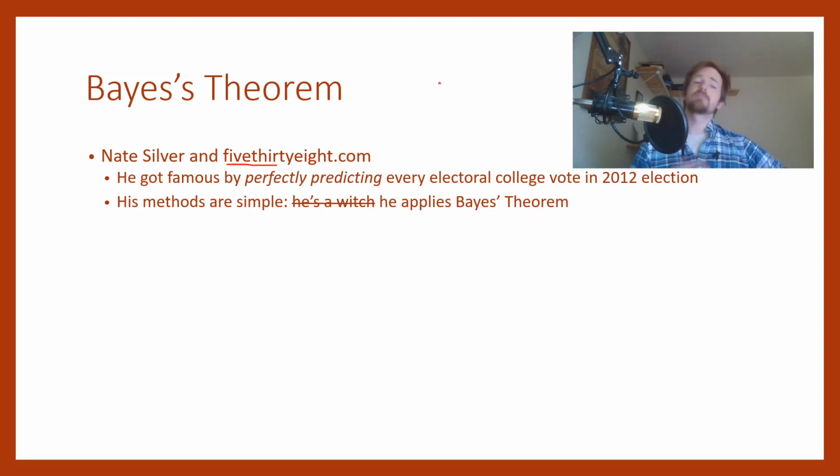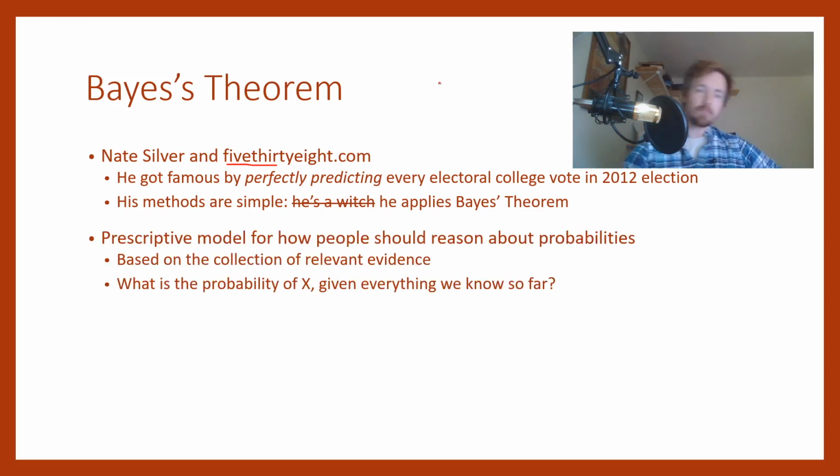So that's essentially what Bayes' theorem is, and that's how we ought to predict things. That is essentially how we should be making decisions, which is that we look at evidence and then we come up with some estimate of how likely that evidence is to be true and how likely that evidence is going to shape the outcomes that we're looking for. So in other words, what is the probability of some event given everything that we know so far? That's essentially what Bayes' theorem is.